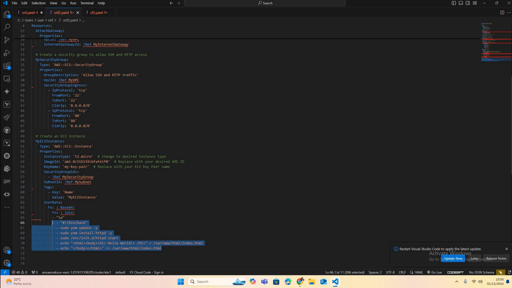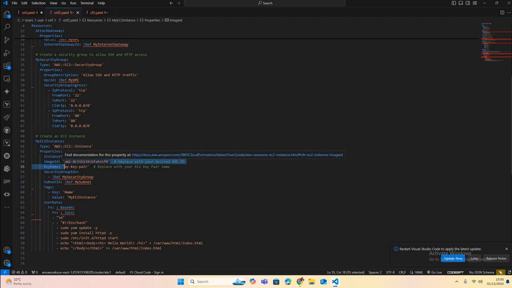And now my EC2 instance. This is the name of my resource, it's my EC2 instance. Type, this is the type. And then properties, I need an instance type, which in this case I've just hard-coded as T2 micro. I need an image ID that's going to be used to launch my EC2 instance, which I've also hard-coded over here. I also need a key pair for me to be able to SSH into my EC2 instance, which is